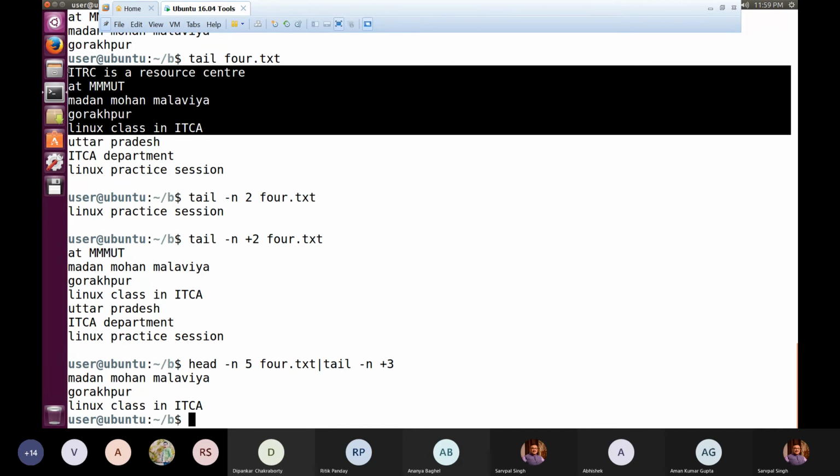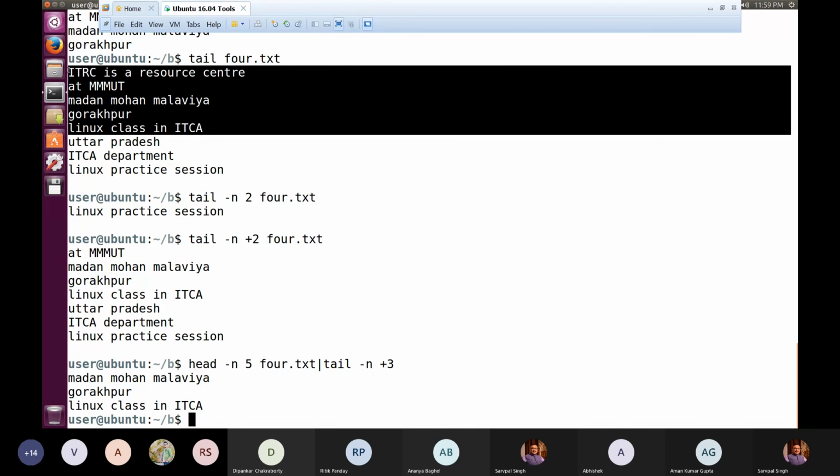Selection of the malware word, we'll see later on which command we can use for counting the occurrences of malware. But before that, it becomes important to know how we can select those lines starting from line number 3 to line number 10. Obviously that is possible only by making a combination of this type, which I just explained to you, that we can use head and tail in combination to select a particular range of lines. So please do remember it, because we will be using it in shell programming.